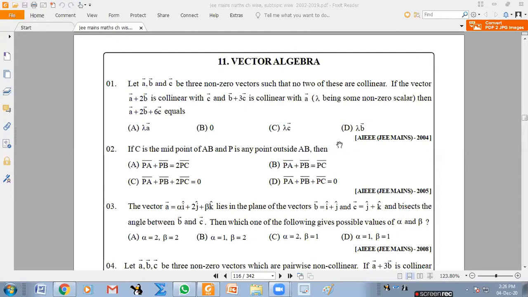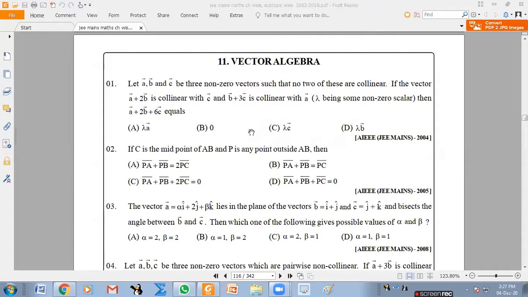First four questions, anybody any doubt? Very first question. A plus 2b is collinear with C, which means A bar plus 2b bar will be some lambda into C bar. Whenever two vectors are parallel, one vector can be written as some lambda into another vector, and